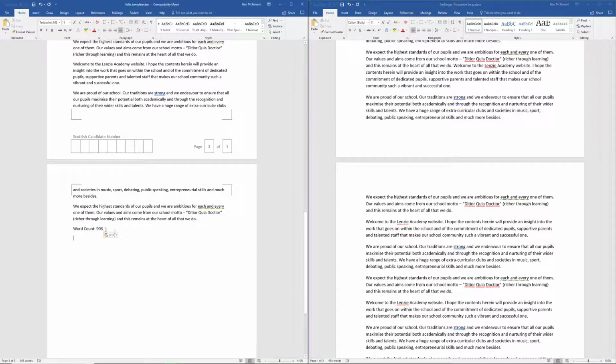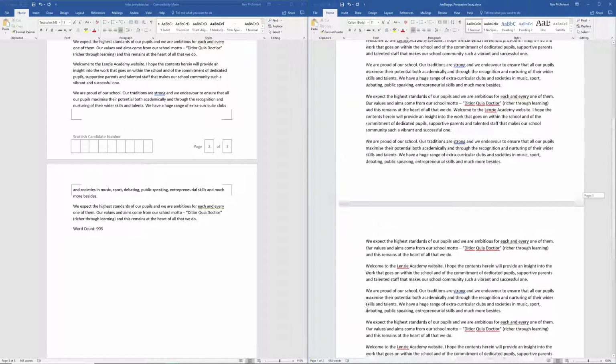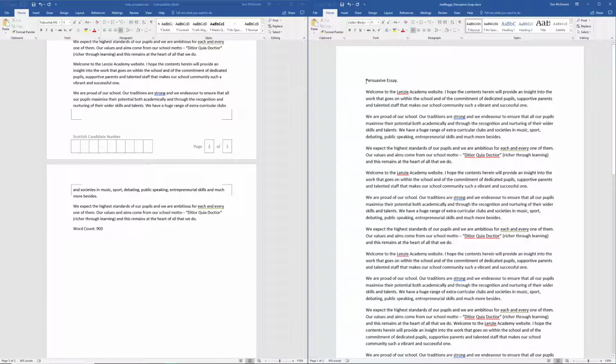So on my template I want to leave a few lines before I paste this one on. If I go back over here, let's have a look. Oh, persuasive essay, that's no good. Okay, let's say this one was about the sort of gun control in America or something like that. I'm going to change that to see no evil. Oh, see no evil,